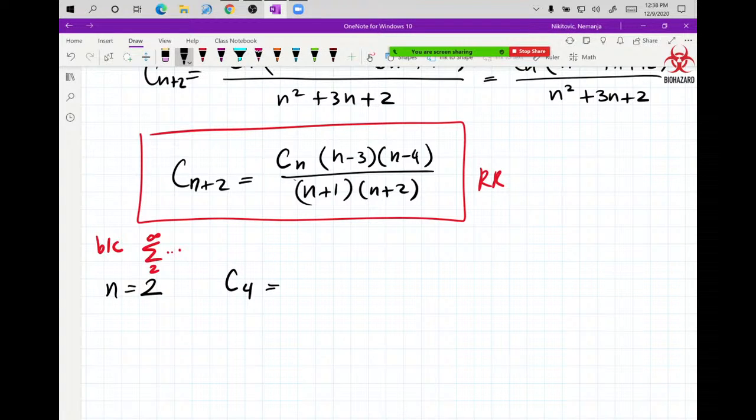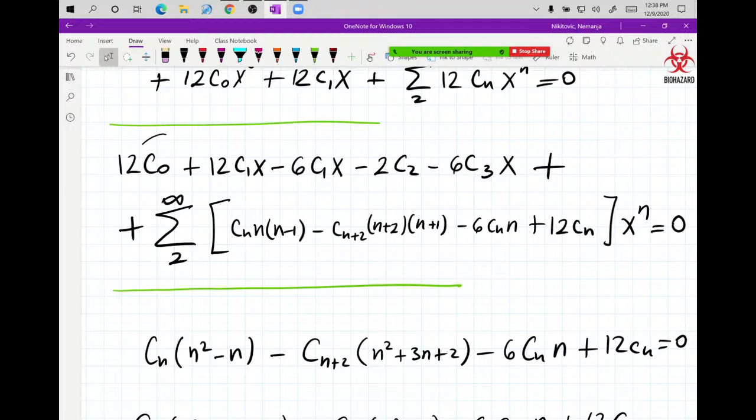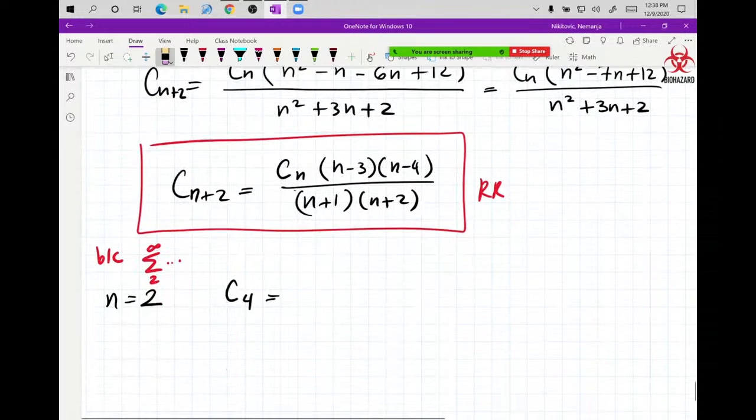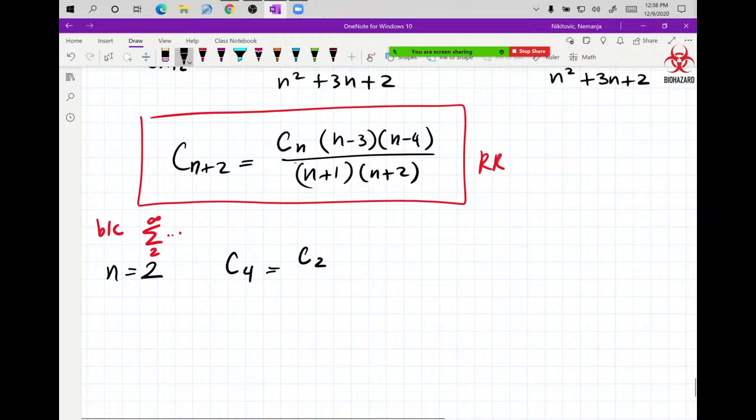And you're going to go, C4, where are C0, C1, C2? They're right here: C0, C1, C2, and C3. You see that? They're already taken care of. Your job is to get C4 and on. Okay. Well, what's the C4? It's going to be C2